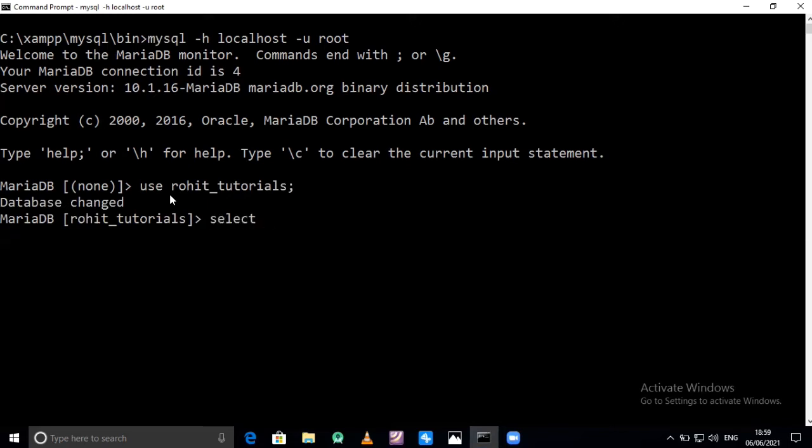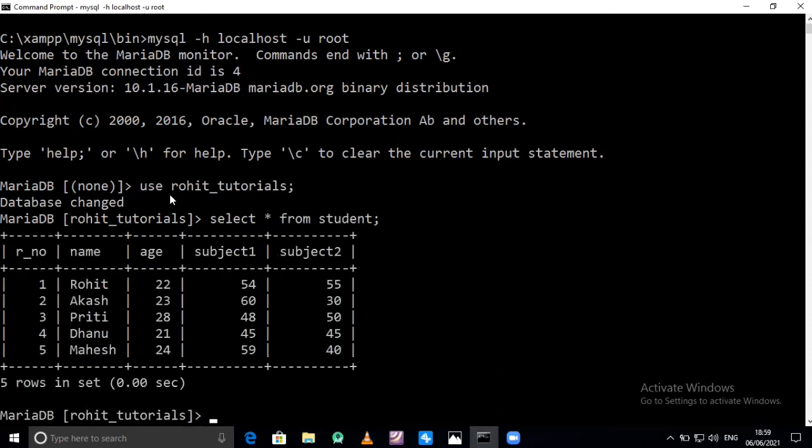Select star from student semicolon. So this is our table. It contains the attributes roll number, name, age, subject 1, subject 2, and 5 tuples are available. Roll number 1 has the name Rohit, age 22, subject 1 54, subject 2 55 marks.